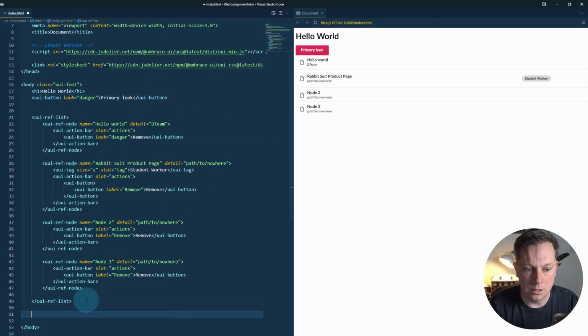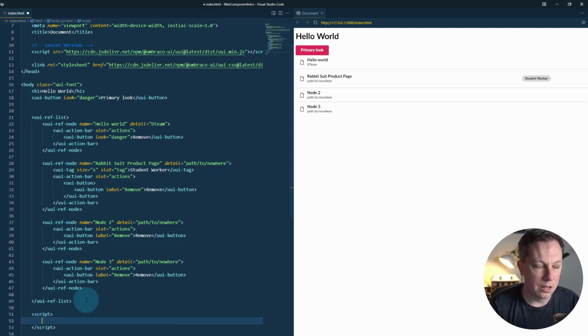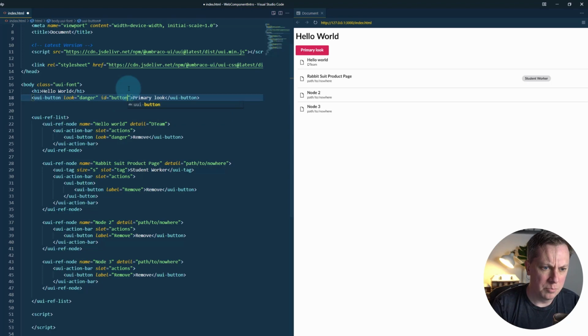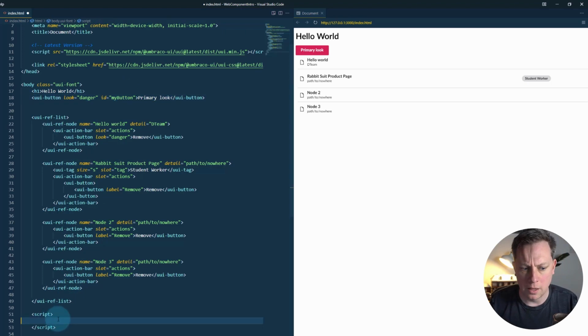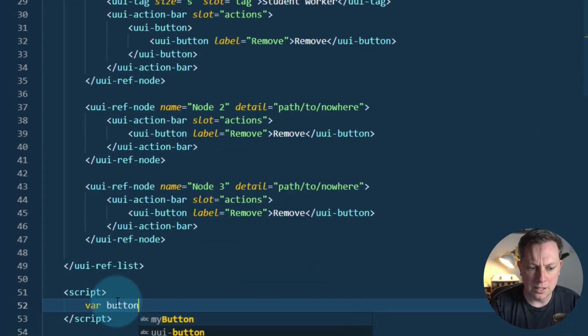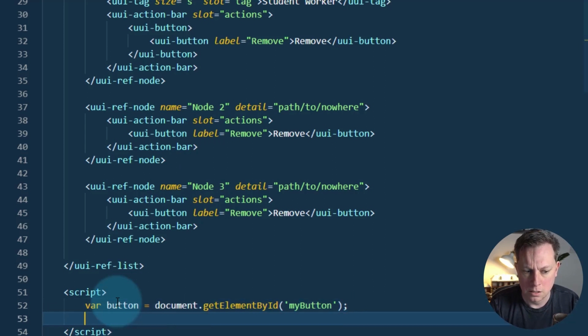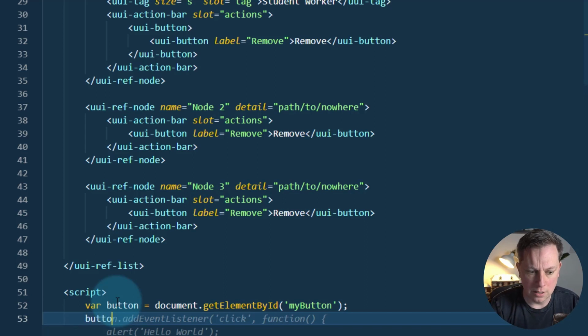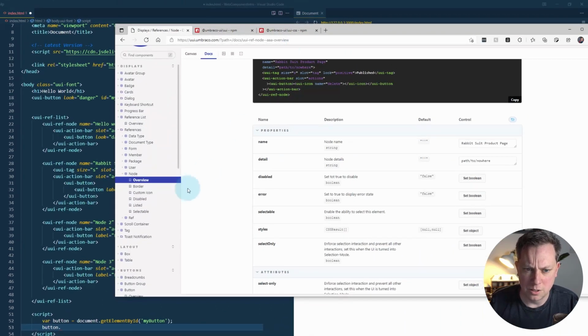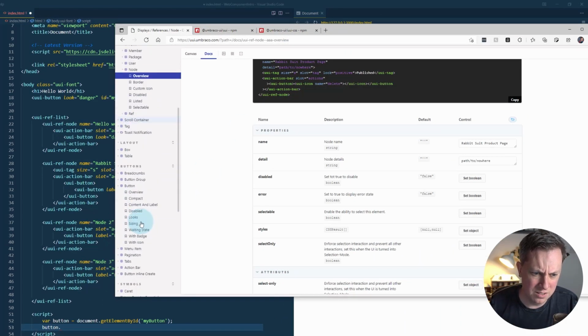So let's just put a script tag down here at the bottom, and then let's give this button up here an ID of, not very original, my button, and then let's do var button equals document.getElementById my button. And then we could do a click or add an event listener. And let's just refer back to the documentation for a button